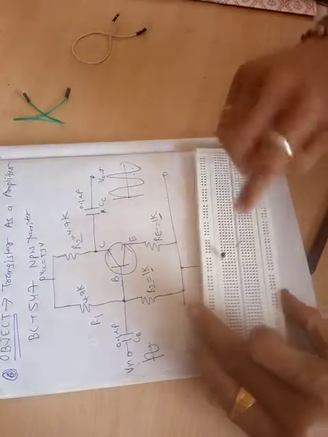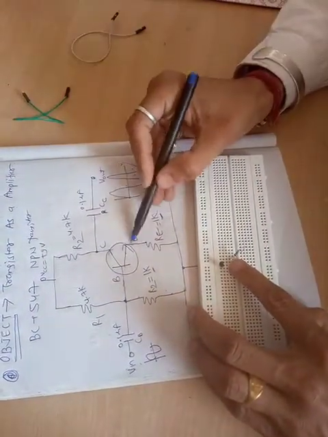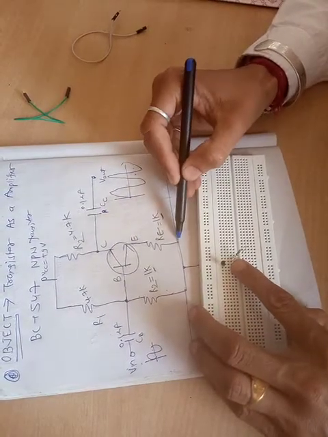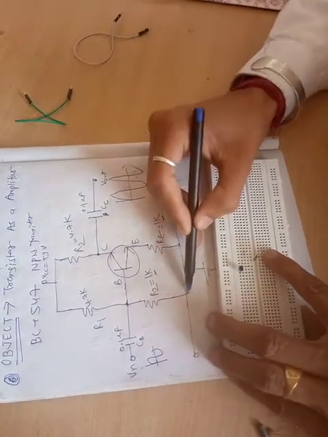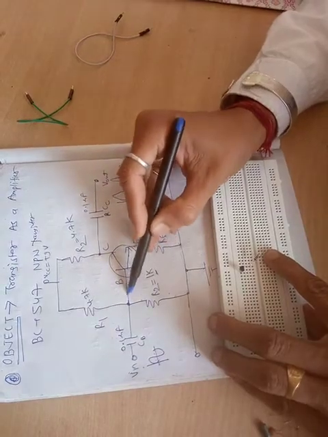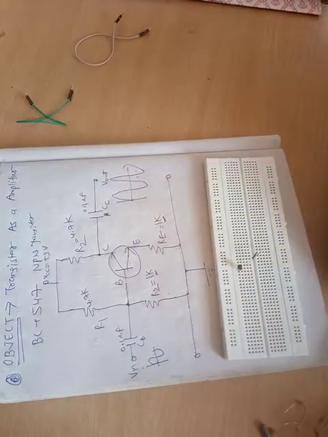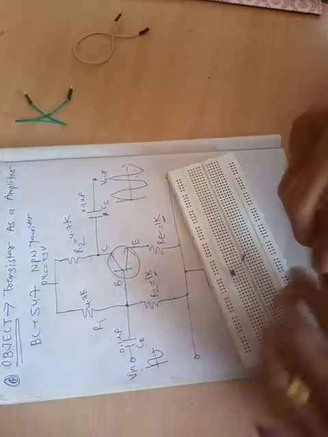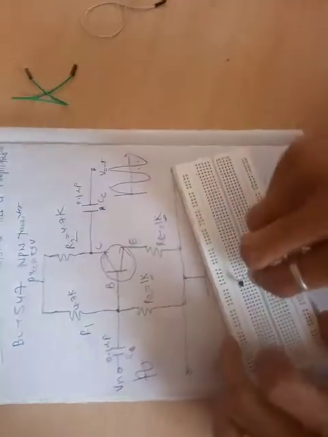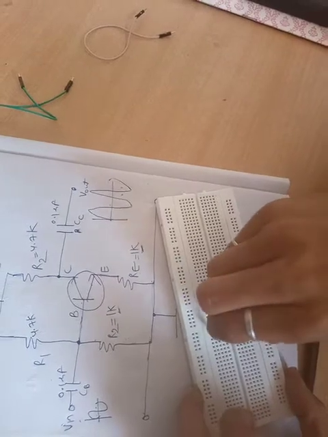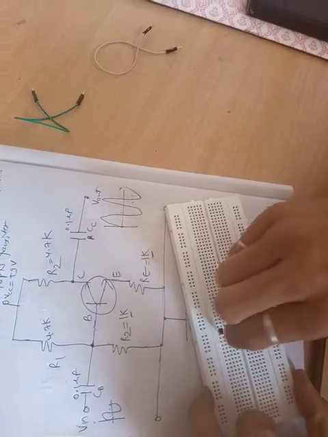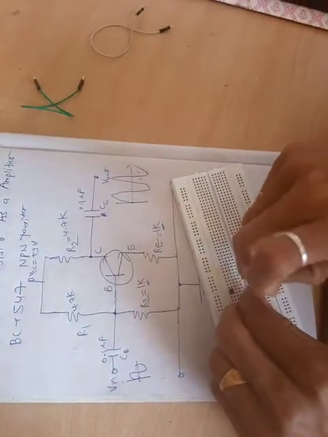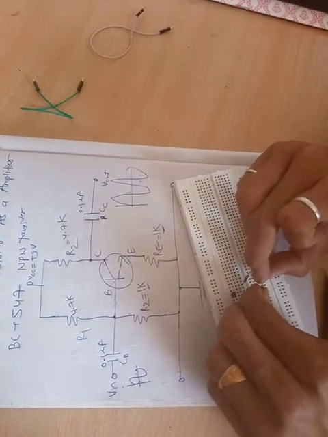Okay. So one emitter terminal is connected with a 1 kilo ohm resistor, and another point is connected here. This point is also connected with a 1 kilo ohm resistor, and the second point of this 1 kilo ohm is connected to base. So I again take one more 1 kilo ohm, brown, black, red. One side is connected to base, so this middle pin is base, okay, no problem. And the other side is connected to this 1 kilo ohm. So I just connect.